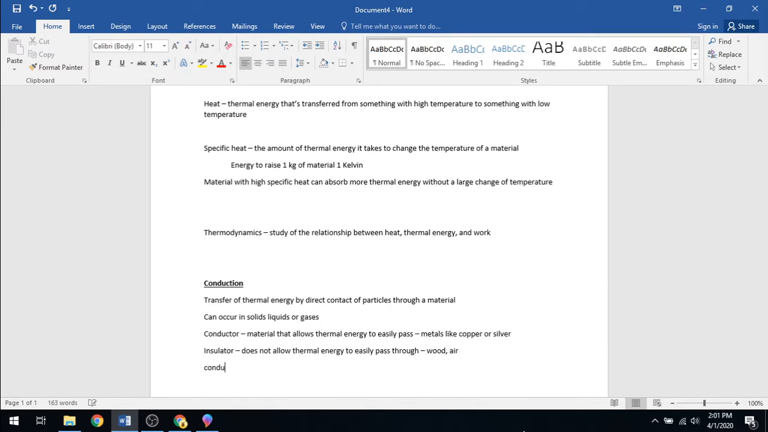So conduction, to summarize this, is helped by conductors and hindered by insulators. A really important thing here is you have to have some sort of matter to have conduction. Since conduction is a direct contact of particles, if you don't have any particles, you don't have any conduction. So that's the first type of